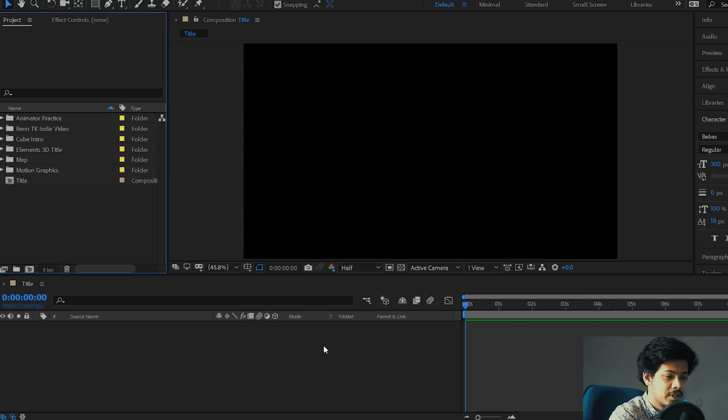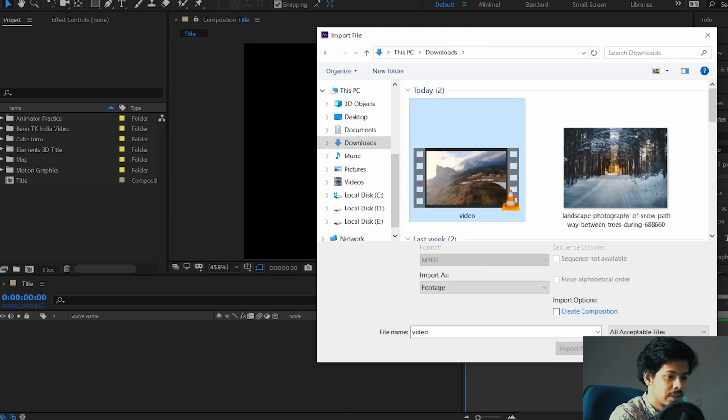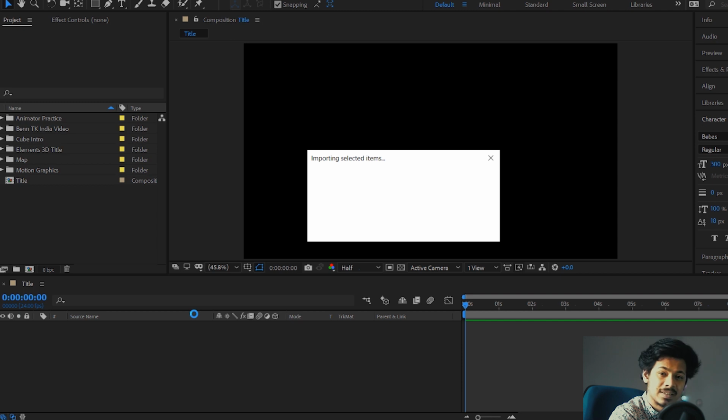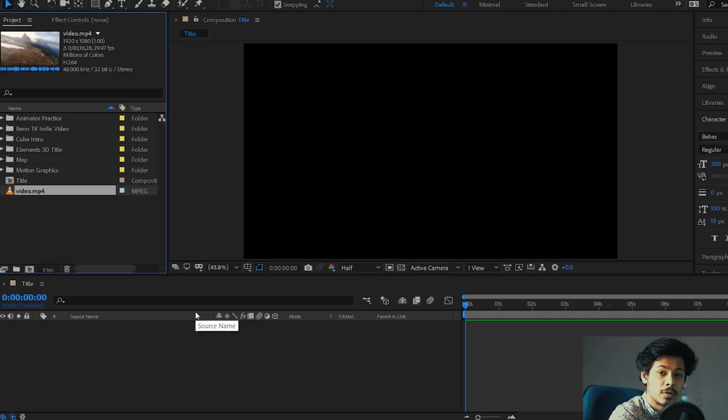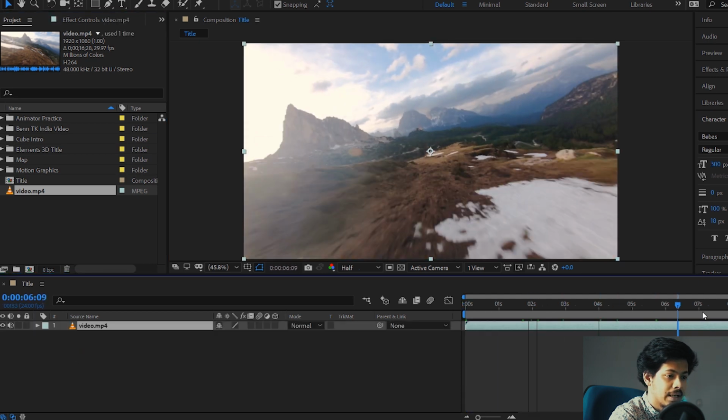Now once a composition is made, the next thing that you need to do is import your clip. Come to this project bin here, double click on this blank space here, and this will allow you to import your clips. So I'm just going to import a stock footage that I downloaded from Pexels. Pexels is a great website from which you can download stock footage and practice your video edits. So now I have my video here. Now to start my editing on this particular video, I'm just going to click on this video and drag it to my composition. So now my video is on my composition here and I can make my edit.